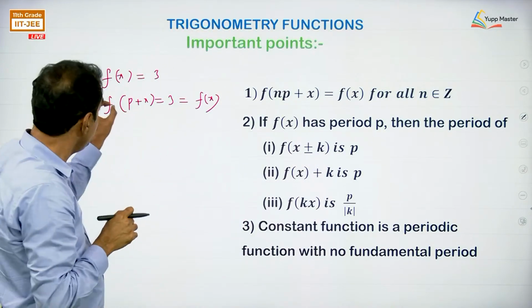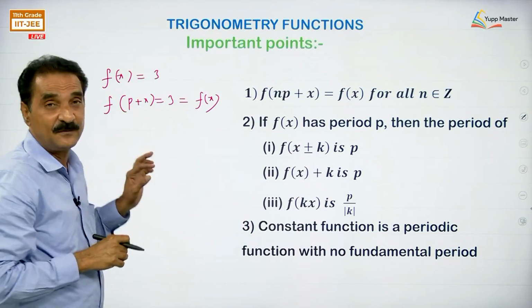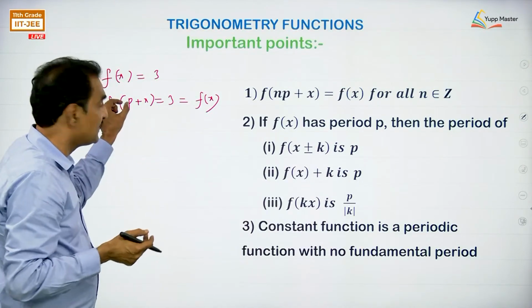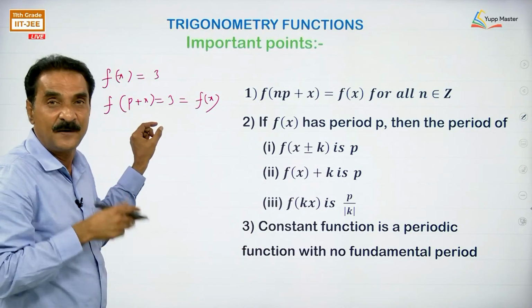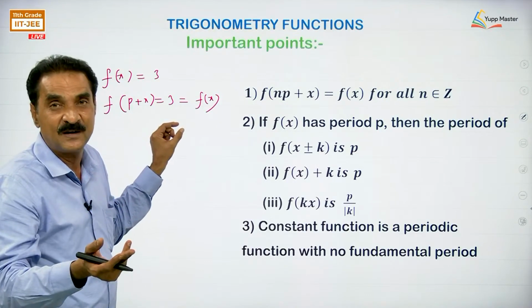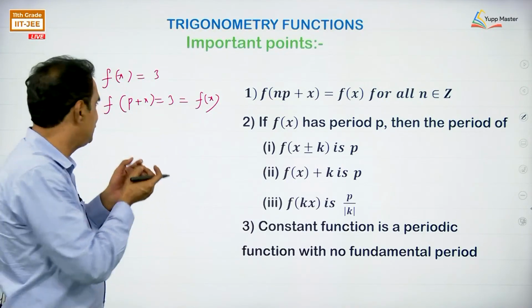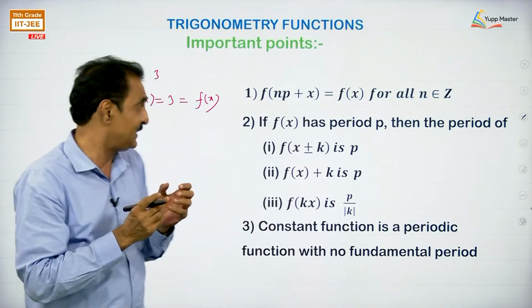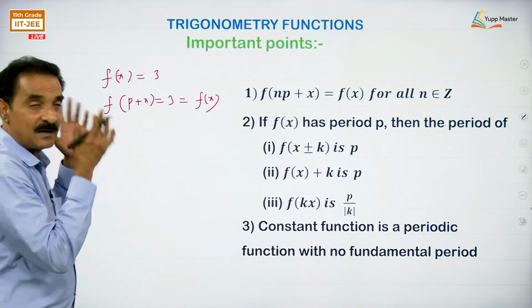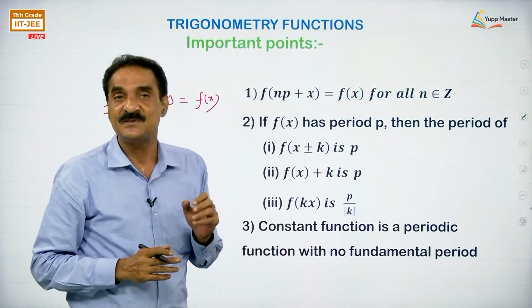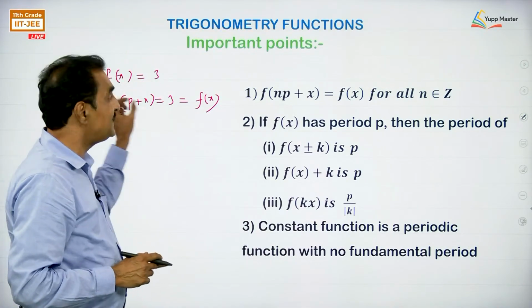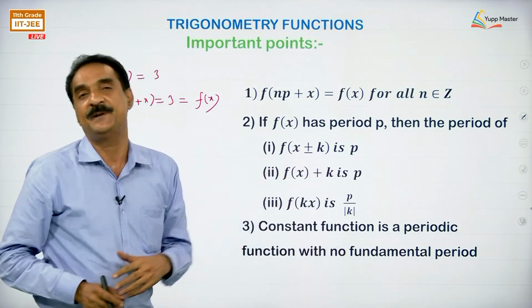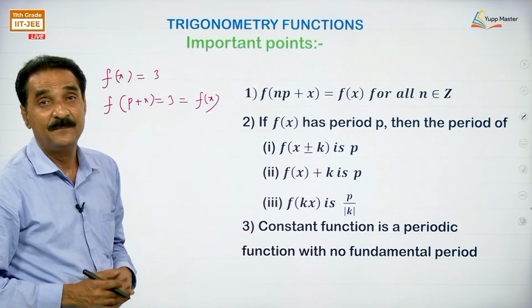But can you tell the smallest positive value of p? No. If you tell 0.1, I will tell 0.01. If I tell 0.01, you can tell 0.001. Like that, the smallest positive value of p cannot be determined. That means the constant function has no fundamental period. Okay. Next,